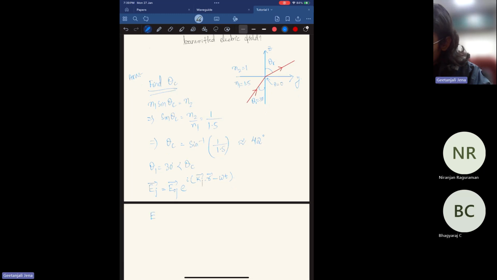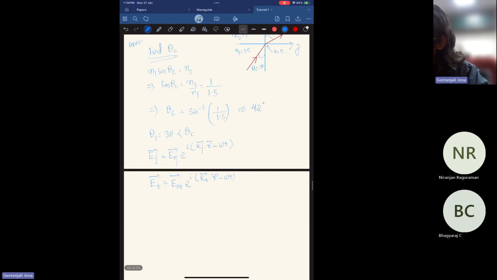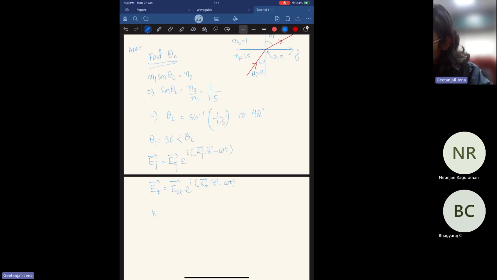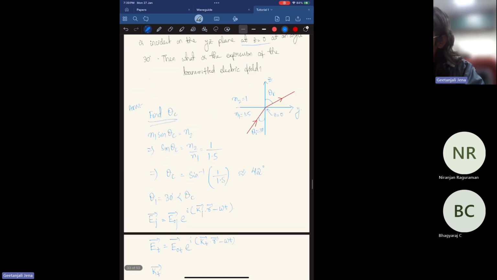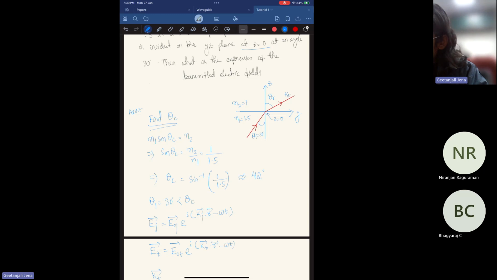So for the transmitted wave, we have E_T equal to E_0T e to the power i(k_T dot r minus omega t). Your first work is to find out what k_T is here. So k_T, you can write it from the ray diagram. This is k_T here. So k_T you can write as the k_T magnitude,